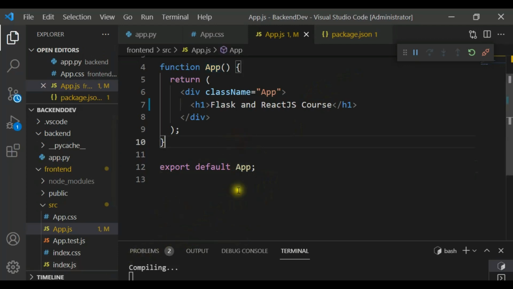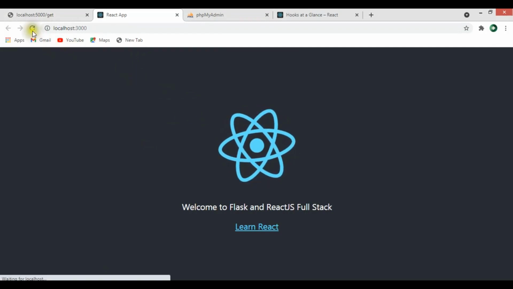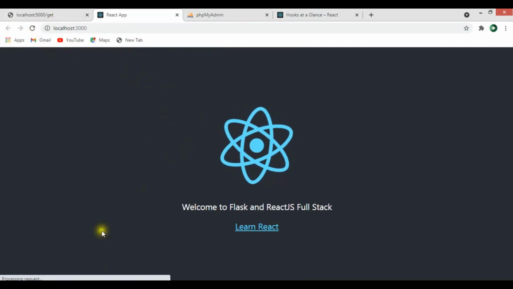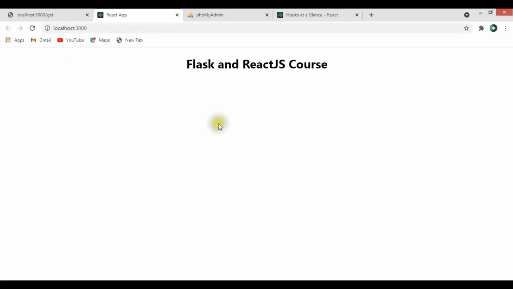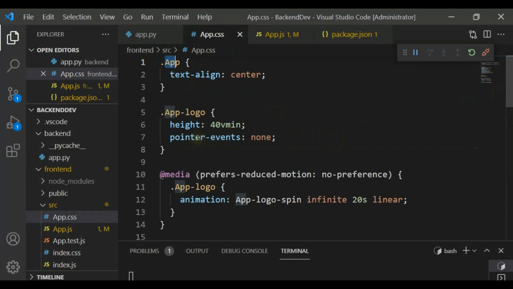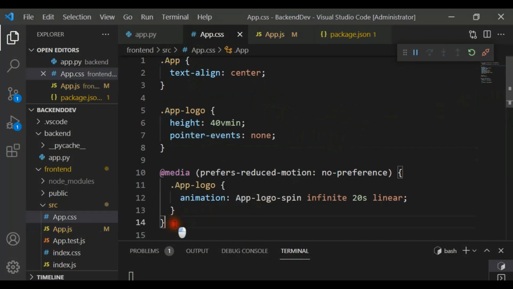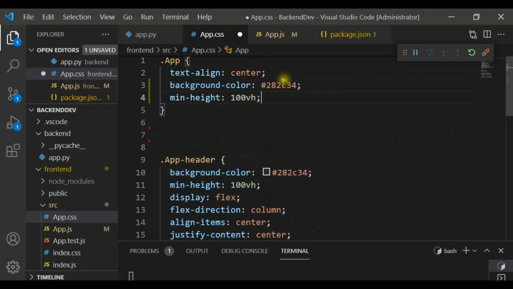Okay, now after doing this, we also need to bring some change to our design. Right now if you see, we have Flask and ReactJS course. Now let's open our app.css, and in here we are going to remove these two because we don't need them, and we want to add this background color and also this min height in here, and also